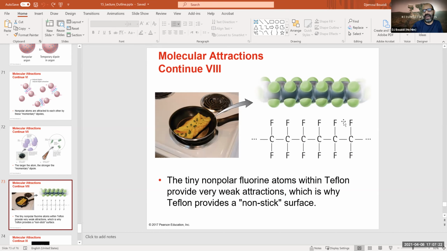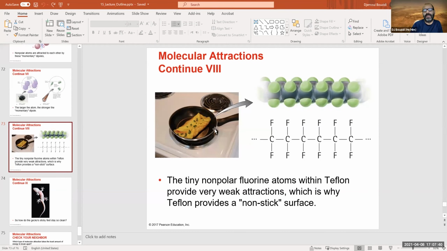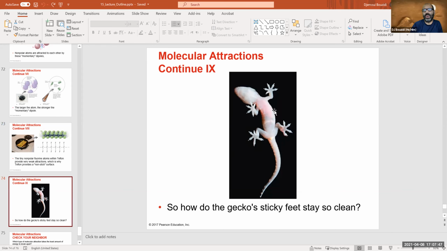And because of the dipole interactions in here, or the lack thereof between the fluorine atoms, you can still have this non-sticky material that you can use. This is Teflon actually, for cooking materials, so that you can cook your eggs, for example, without them being stuck to the surface of the pan. Okay, this is actually used also by the gecko, for example, which is this induced dipole interaction with the